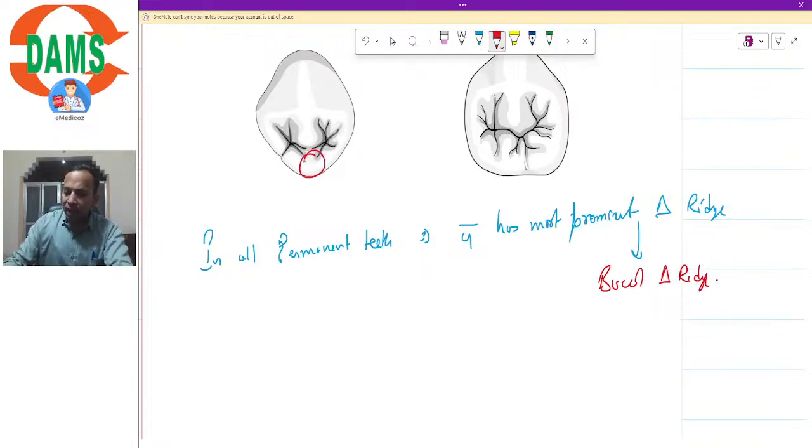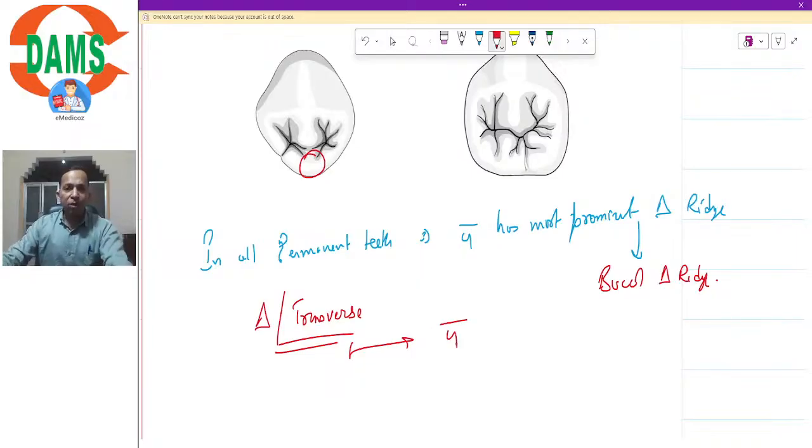Obviously, the lingual cusp itself is insignificant. It is non-functional. So, this prominent triangular ridge has to be the buccal triangular ridge. So, be it triangular ridge or be it transverse ridge, either triangular or transverse, for both you will answer mandibular first premolar, right? Mandibular first premolar has the most prominent transverse ridge or most prominent triangular ridge amongst all the